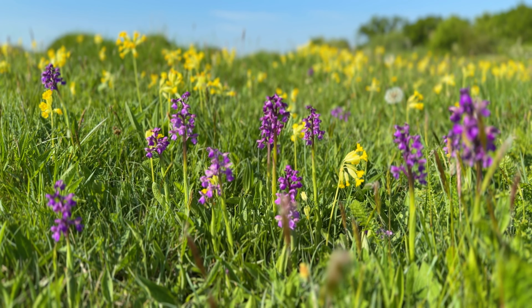I don't want to make it another boring, you know, here's type A, here's type B, because there are tens of thousands at Upwood Meadows. So we'll see if we can't pick out a sort of top 20 of Upwood Meadows. That means it won't be so painful to watch, but at the same time I can pick out what will, I can guarantee you, be 20 of the most spectacular green winged orchids you're ever going to see. Absolutely guarantee you that. So I'll be doing that early next week,